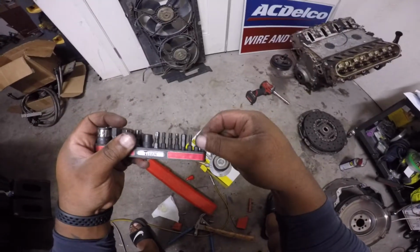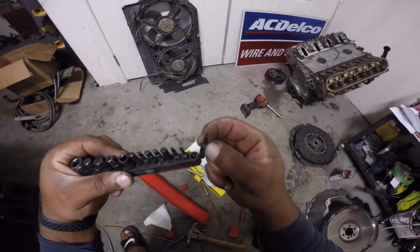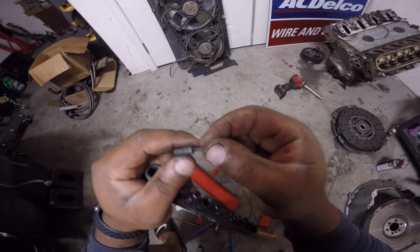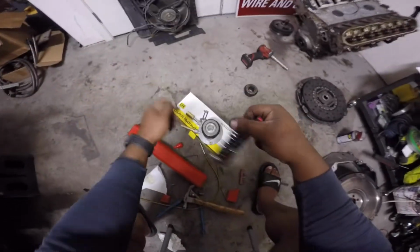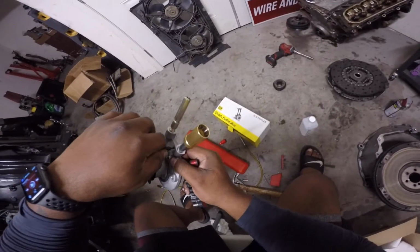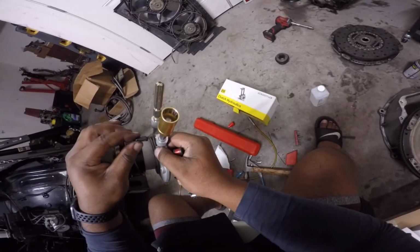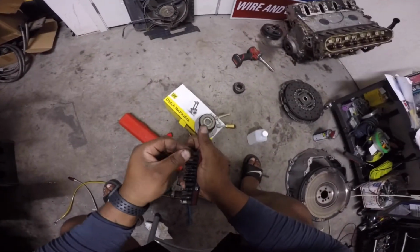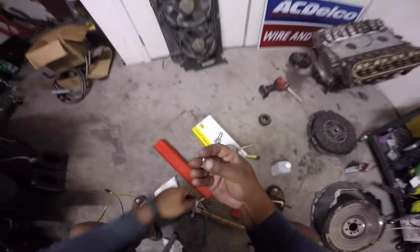What I did is I used the impact, my impact set over here. What size is this? 1/16. And boom, knocked it right out. See, fits right in there like nothing. And it's an impact bit, so you don't have to worry about breaking it. But yep, you get this pin out,